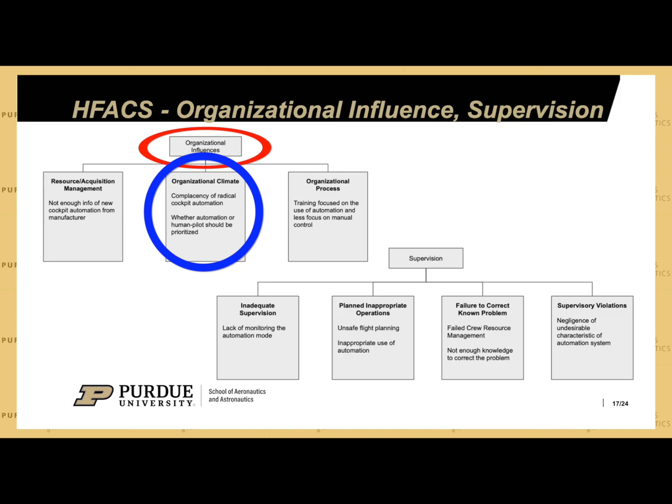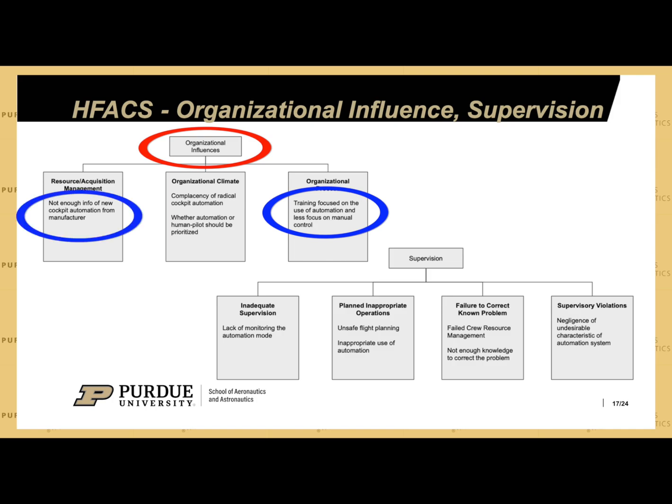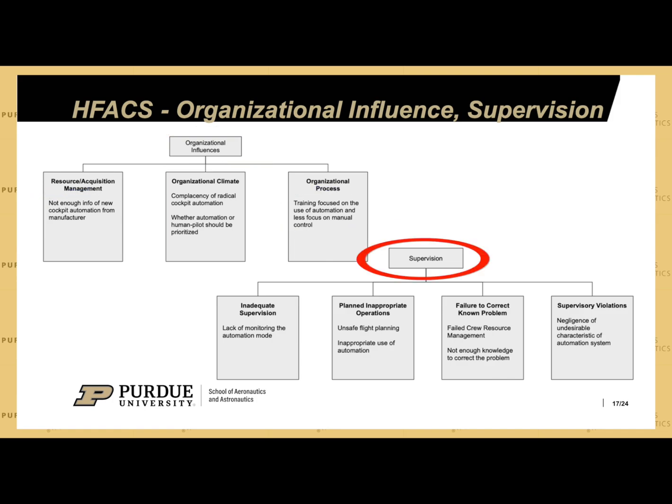In addition, there is a shift of focus of flight training from manual control to the use of automated systems, and due to the increased amount of automation, it is hard for the airlines and their pilots to know and understand everything regarding newly introduced automation systems of the aircraft. For supervision, in addition to conventional errors such as unsafe flight planning and failed crew resource management, errors specific to the automation such as lack of monitoring, inappropriate use of automation, and the negligence of erroneous automation systems are